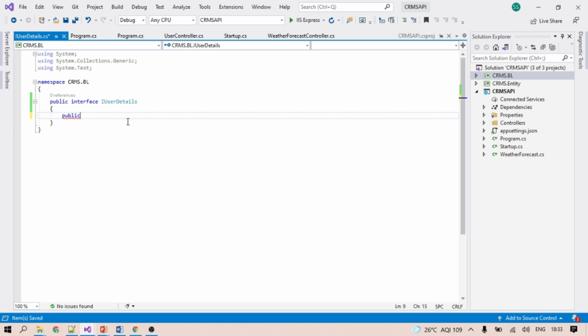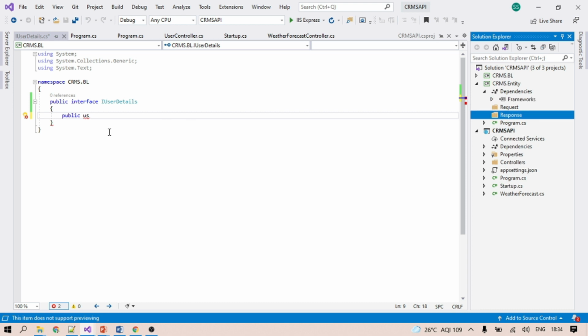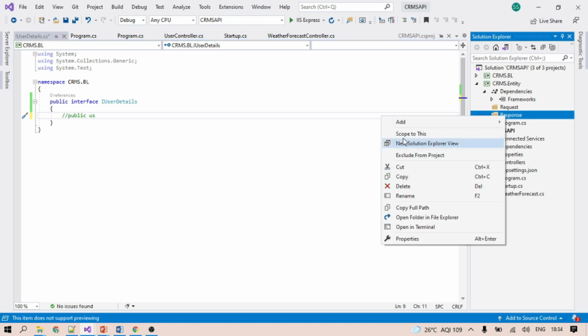So what could be the name of our user response? You can see here the user response which will be going out from the API is of type UserResponse, which will be put here. But the response folder is not yet created, so let's first create the UserResponse class.